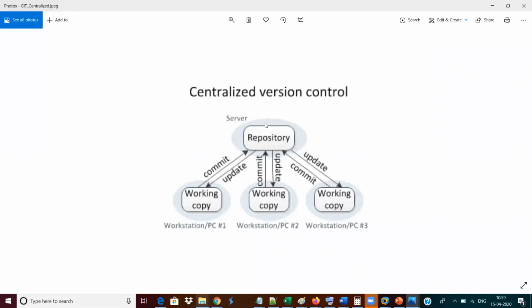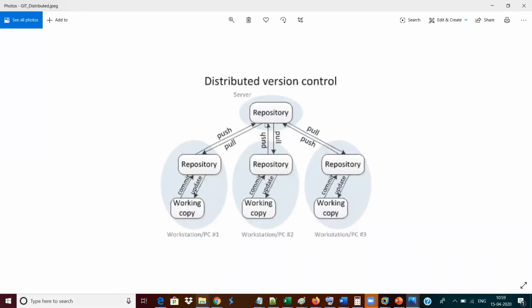That is the distributed version controlling system, which people started to use. Git is a tool which follows the distributed version controlling system. So this is the best methodology, and nowadays people are all following distributed version controlling systems. In that category, we have multiple tools like Bitbucket, Mercurial and so on. But those tools are enterprise version tools, whereas Git is also available as a free tier. So many people use Git for one reason: it is a free tier, and it also holds the best methodology of version controlling. For that reason, 65 to 70% of organizations are using Git. That's the reason people all use Git, right?